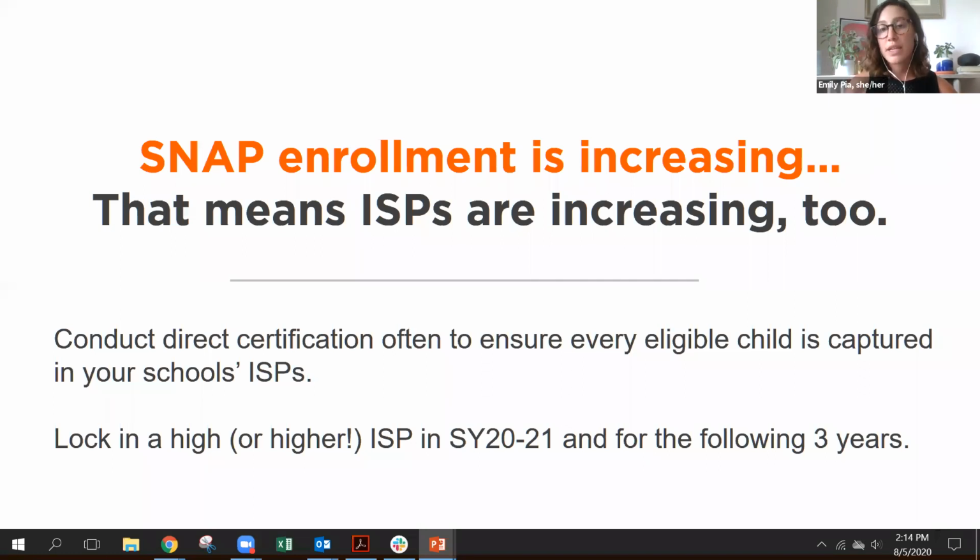So right now would be really time to look at your March through June data, add in other students who are at that same address through extended eligibility, reaching out to your homeless liaisons if you haven't done so, to get every kid who could have possibly been included in your ISP from March through June in your ISPs before applying or declaring your intent to elect CEP this year.